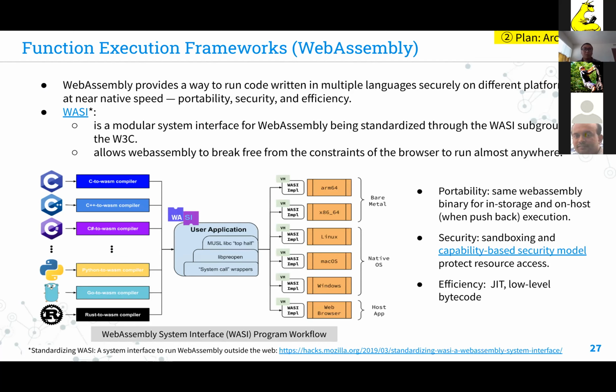For example, if you create a WebAssembly program that contains a print function, and you compile it into WebAssembly bytecode and run the bytecode on a runtime created for a native OS, then the output of the print would go to the terminal of the operating system. While if you run the same bytecode, remember it's the same bytecode, on a runtime created for a web browser, then the output of the print would just go to the console of the browser. So it would have a different behavior based on the different runtime.